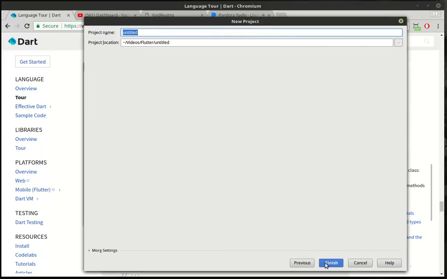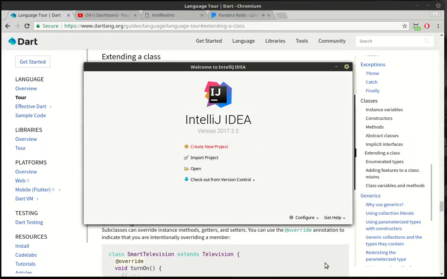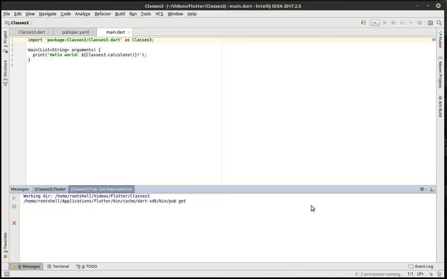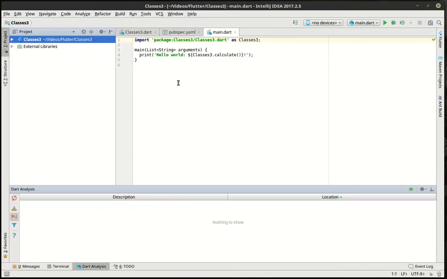Gotta adjust my office chair here. What's up with that? And while that is calculating the meaning of life to everything, I'm going to actually adjust this chair. Man, it's like driving me nuts. All right, so